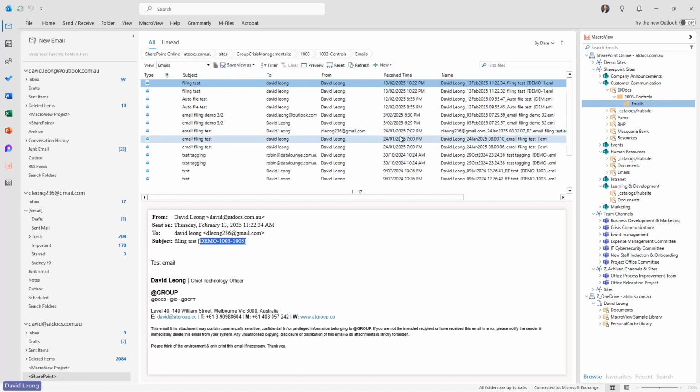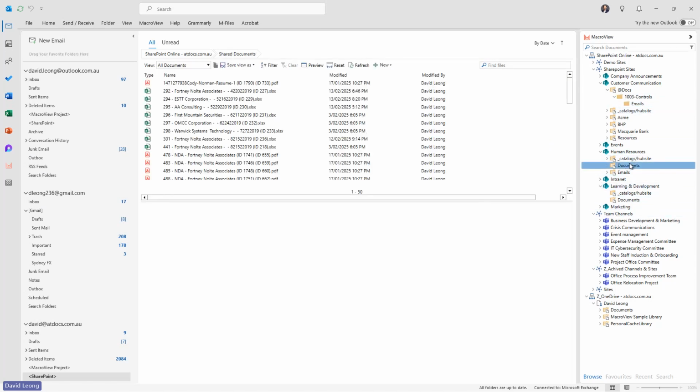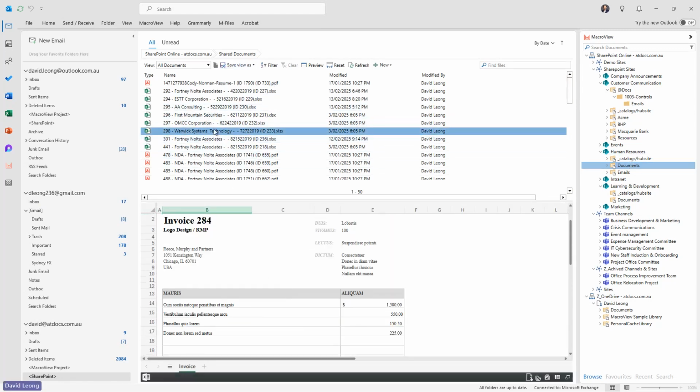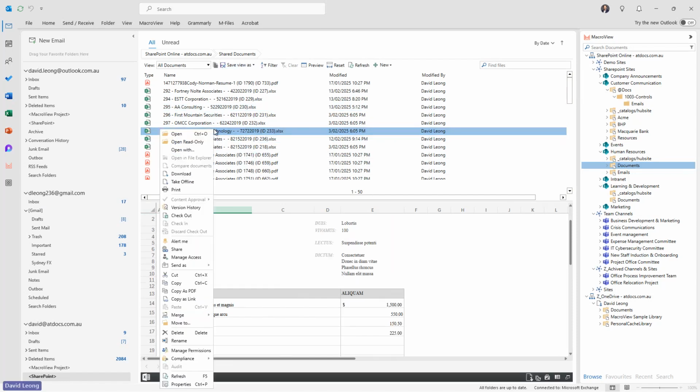The other thing we could do here in terms of the visibility, let's just go back and have a look at these documents. So as we mentioned, we can preview these. If I right mouse click on this file, I can open it up natively. I can download it. I can take it offline and check it out. I can do all these document management system-like features to this document because it's keeping an audit of this.